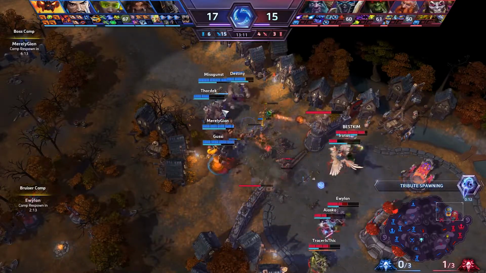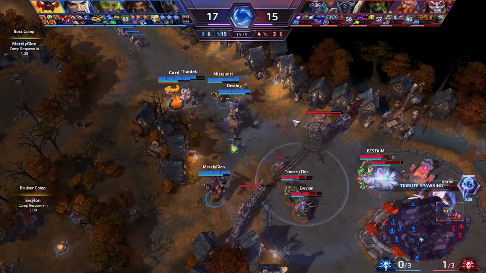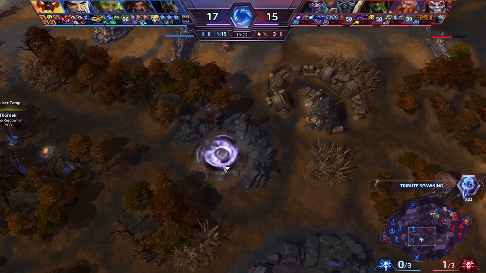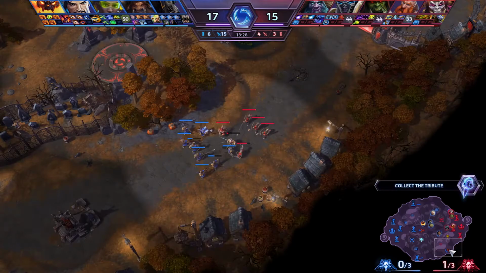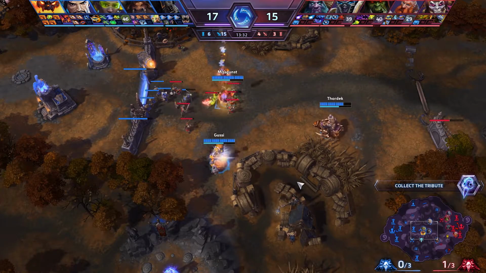The Siege Giants were timed a little bit too late to also impact this fight here, so while they're still here fighting, they don't do really much. They will be easily cleared as well. So now another tribute is spawning soon, and still the issue that the red team has is that they are pretty much seen everywhere on the map. Top and bottom pushes in, mid-wave is cleared,